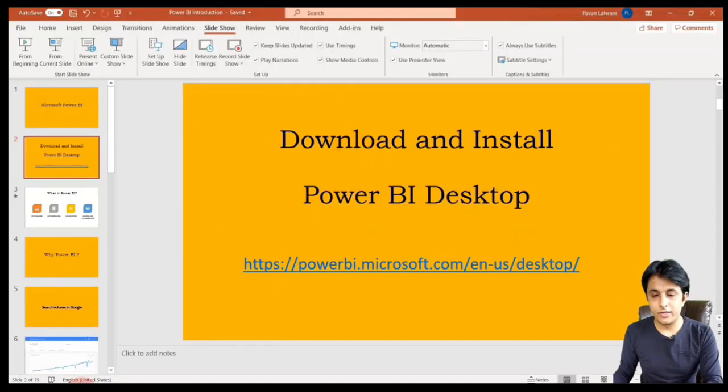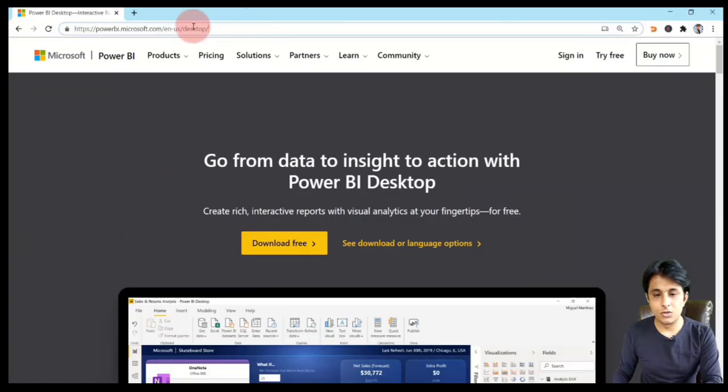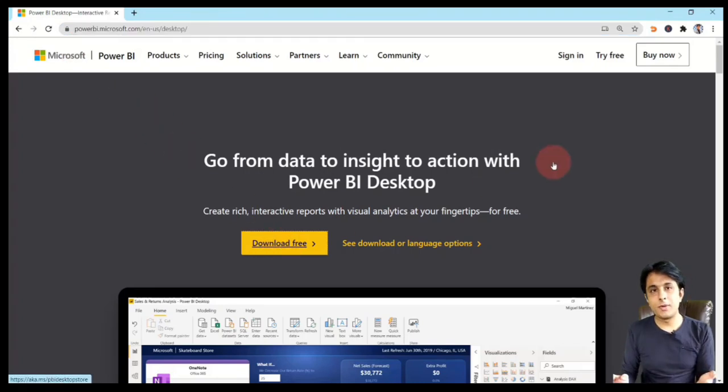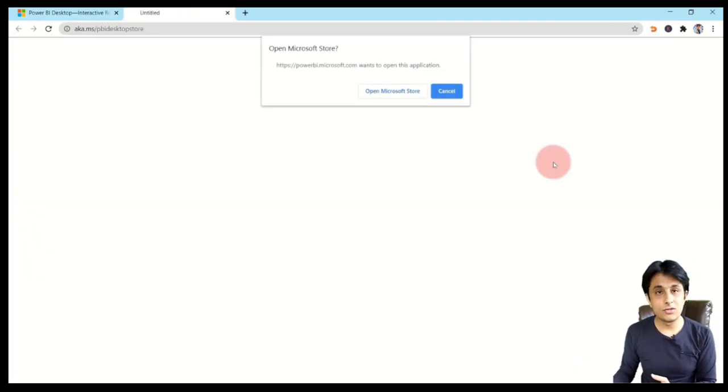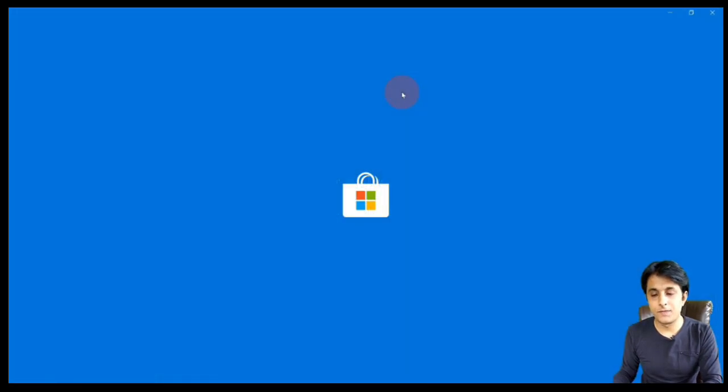So I've already opened the URL and you can see that's the same URL opened here. I can just click on the download free option. So Power BI Desktop is completely free. You don't have to pay anything for that. Now, once you click on that, it will ask you to open Microsoft Store. So I'll just click on open Microsoft Store, and here you can see the Power BI Desktop application will be